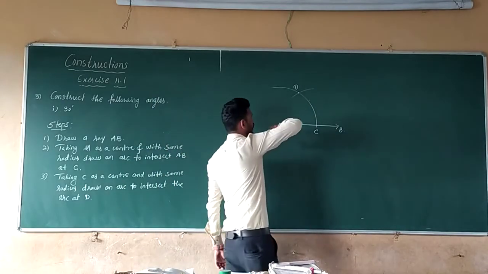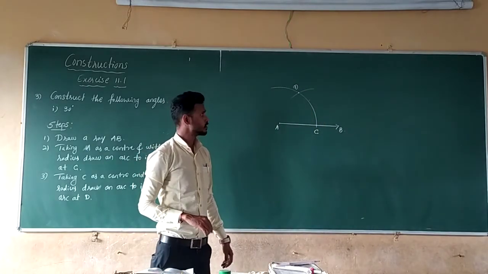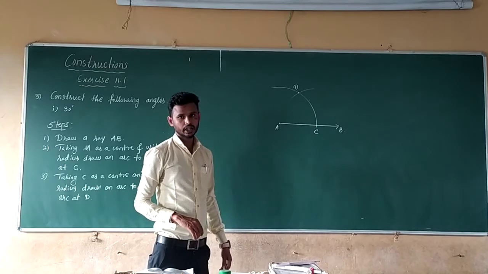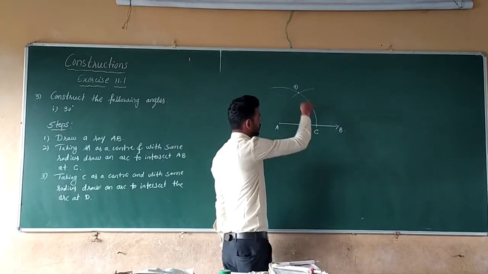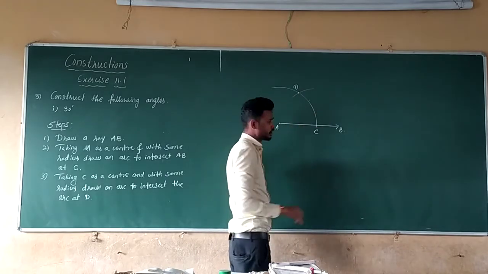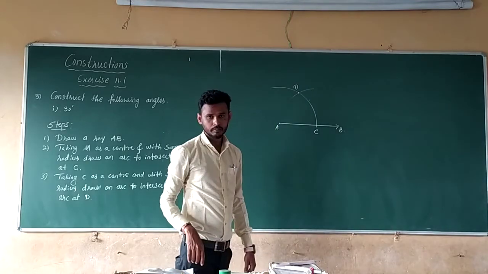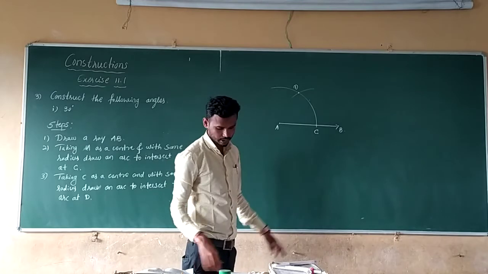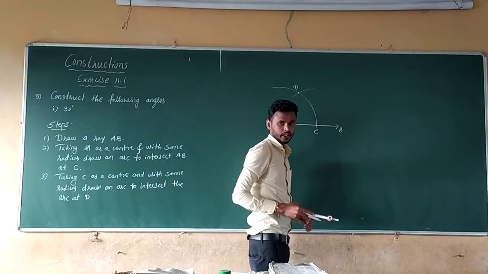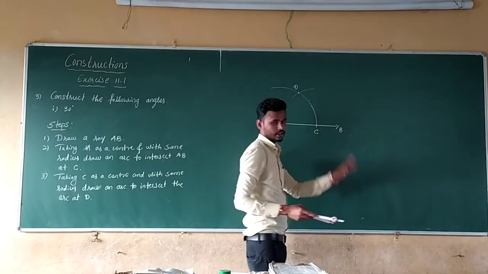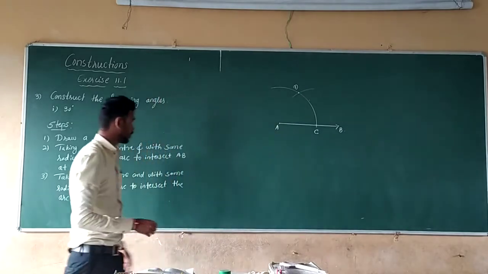Now if you draw the line through A and D, you will get 60 degrees, but we don't need that, we need 30 degrees. So now how will you find the 30 degrees? These are the two points on the two rays. We need to bisect this angle now. With C and D as centers and with some radius, more than half of CD, take that radius and bisect the angle.